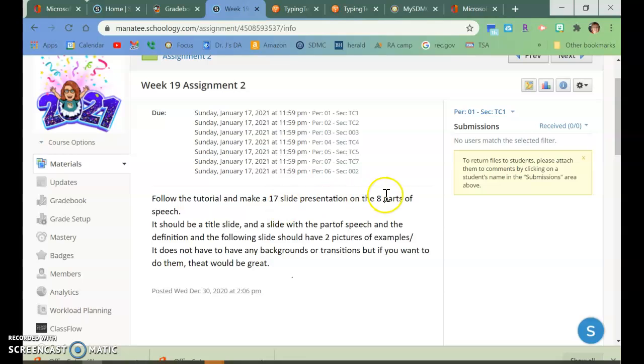Basically, the first slide is your title slide. So you're going to title it Parts of Speech by and put your name. Then there are 8 parts of speech. You need to find them on the internet. You need to research. I'm not giving you a link. Find the 8